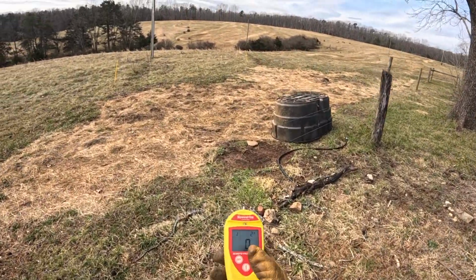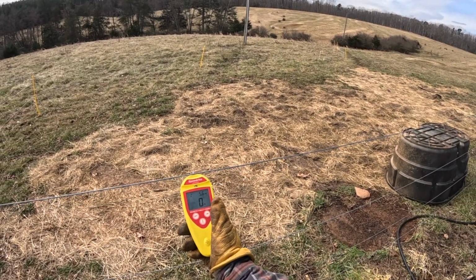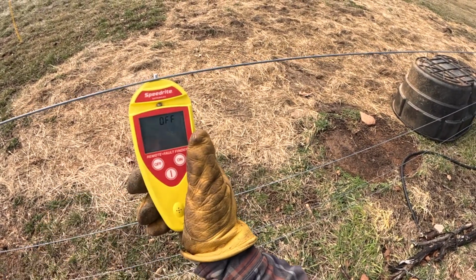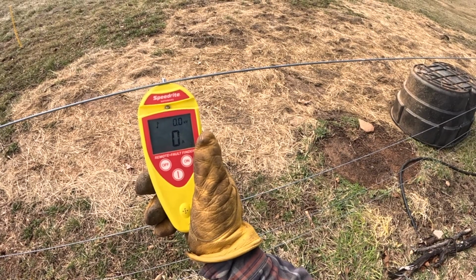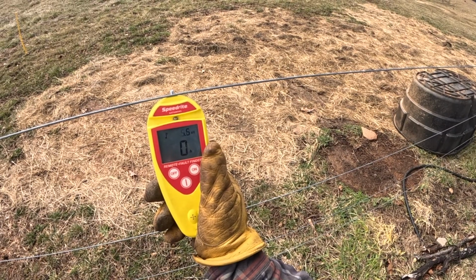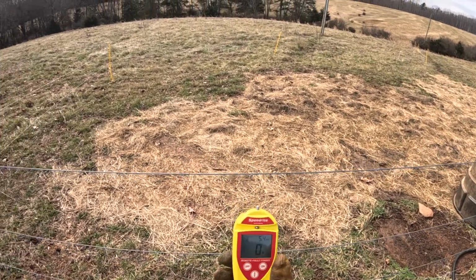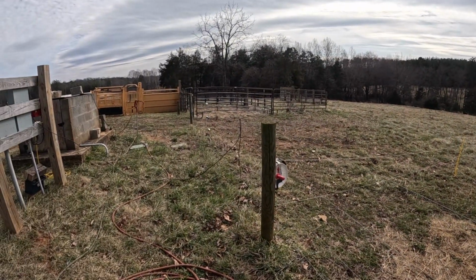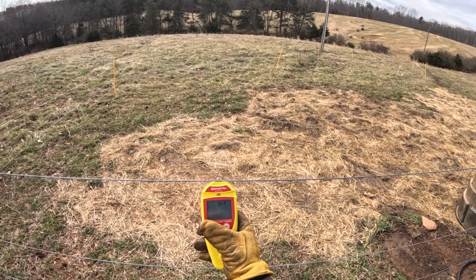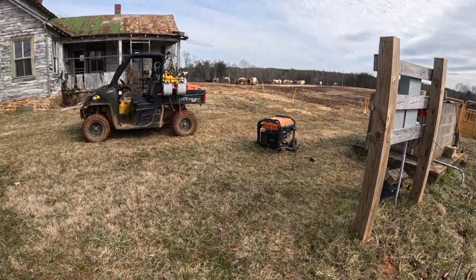So we'll just make sure everything is working. We'll get the remote on. We'll test the voltage. All right, so we're at 5.6. See if y'all can see that we're at 5.6. We'll turn it off. All right, we're off, and then we'll turn it back on. Perfect. 5.4, 5.6. So we're perfect there. I'm gonna turn the fence off for now, just because I'm gonna feed hay in a little while, and we're off. All right, so we knocked that task out,